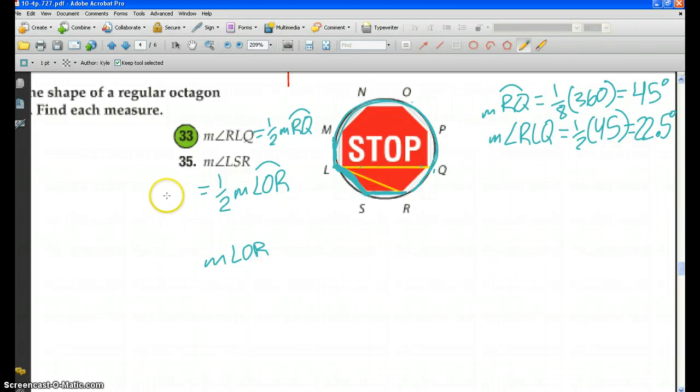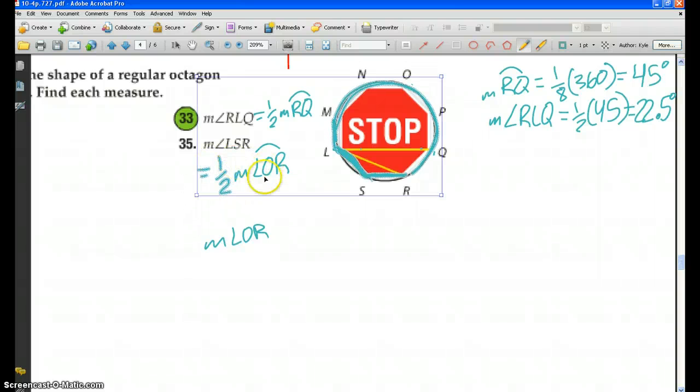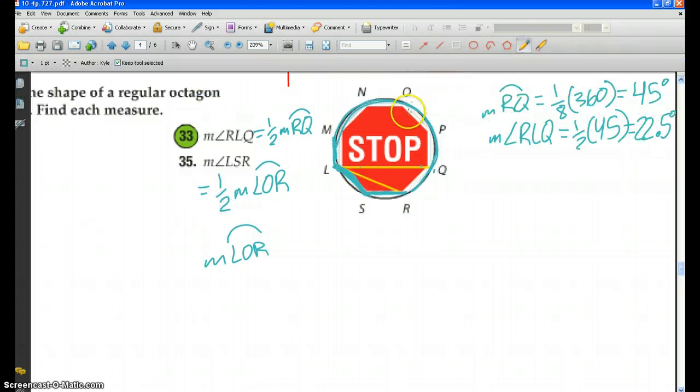Okay, so this is section 10.4, and we're picking up where we left off with number 35. So the measure of angle LSR is equal to half the measure of arc LOR, where the measure of arc LOR, that would be